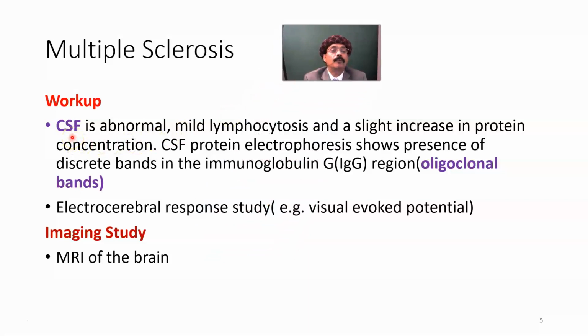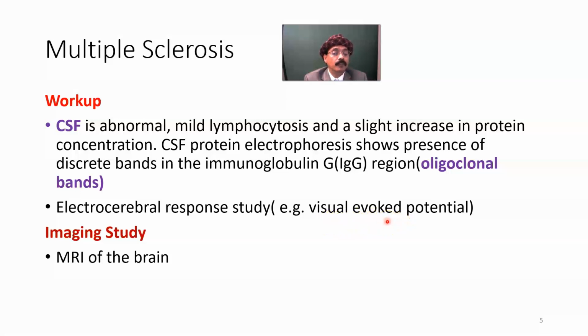We study the cerebrospinal fluid by lumbar puncture. It is abnormal because of mild lymphocytosis and a slight increase in protein concentration. CSF electrophoresis shows what? Presence of discrete bands in the immunoglobulin G region, the IgG region, we call them oligoclonal bands. Electrocerebral response studies like visual evoked potential, auditory evoked potential or somatosensory evoked potential can help